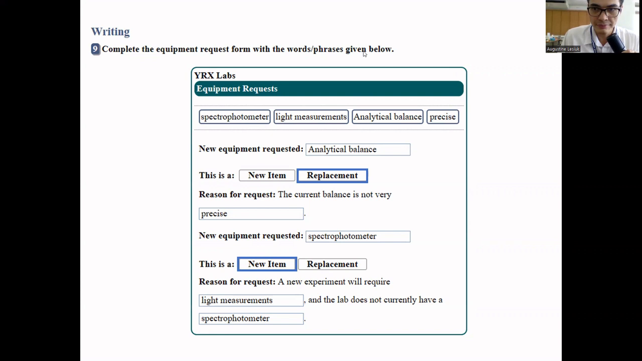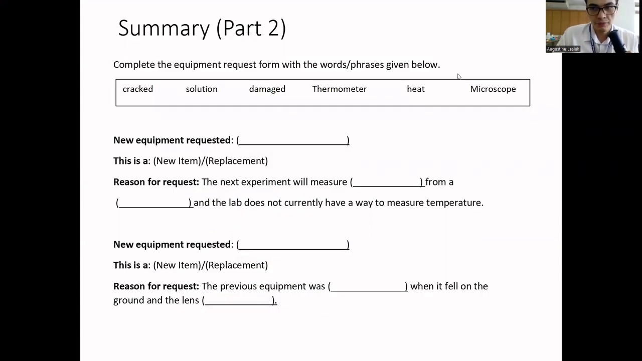Moving on. For the next writing segment, you're going to do the same thing as before. You're going to fill in the blanks based on using the given words or phrases. So we have cracked, solution, damaged, thermometer, heat, and microscope, okay? So you're going to fill in the blanks using these words. And once you finish filling the blanks, you have to select whether or not this is a new item or a replacement based on the reason for request. So just like before, do the same thing here. So try it out yourselves first, and once you're done, we'll go through the answers